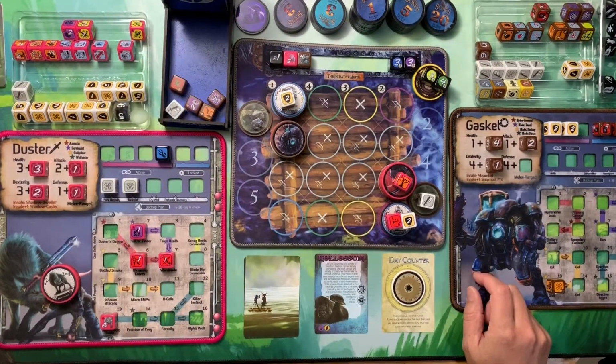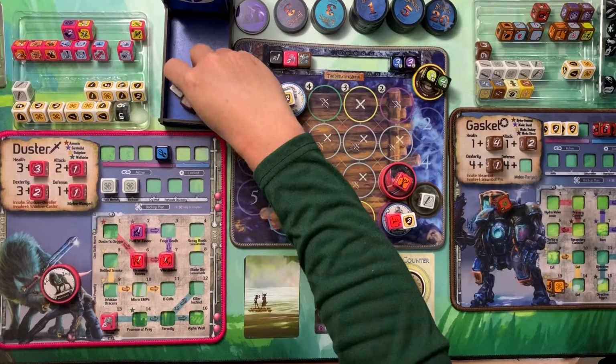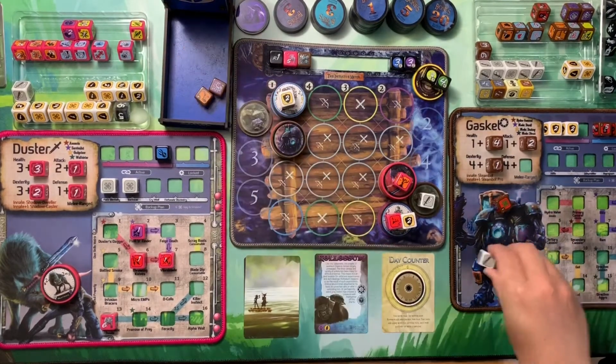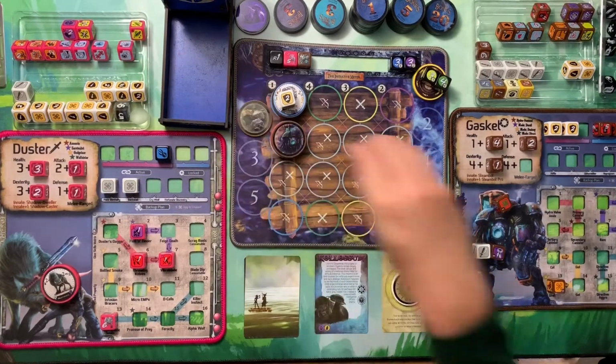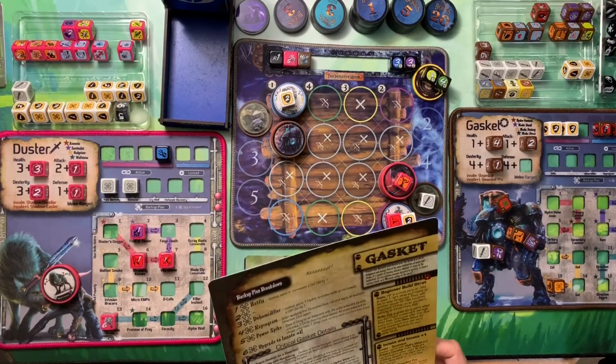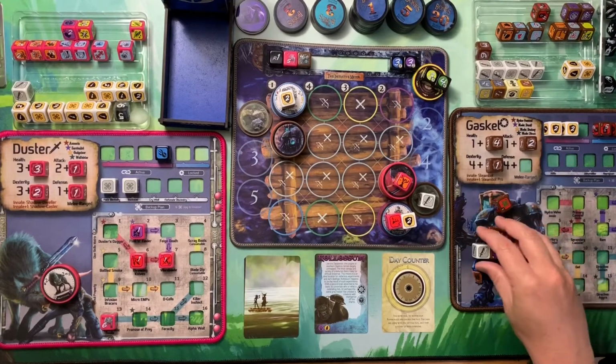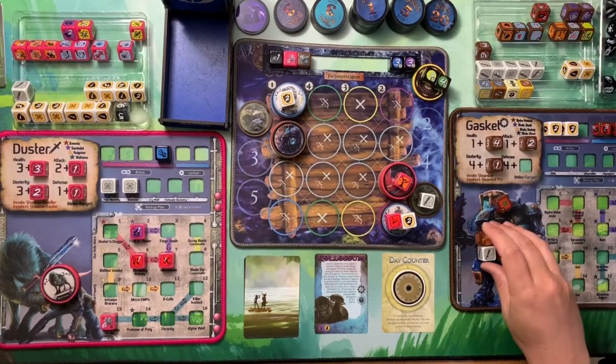All right, so you can see here we have our bones that we're gonna have to activate, and since I have no other bones, it's gonna be hotfix. Just a reminder to myself: hotfix. Gasket adds or increases a defense die by 1. So not the worst thing in the world. But let's see what else we can do here to